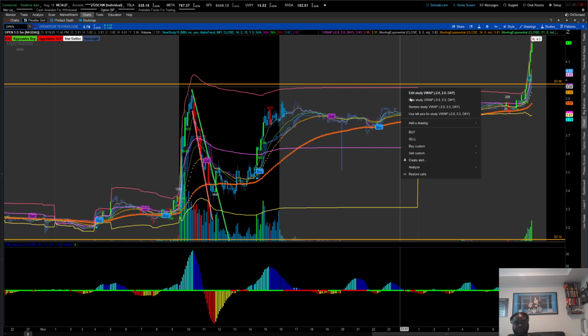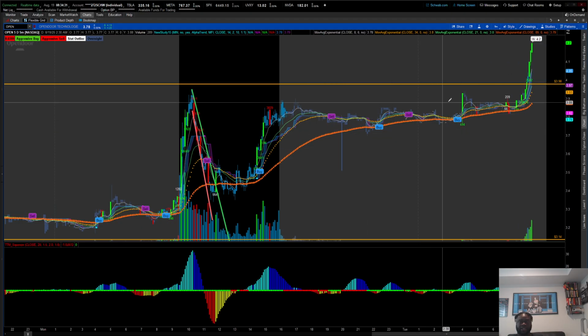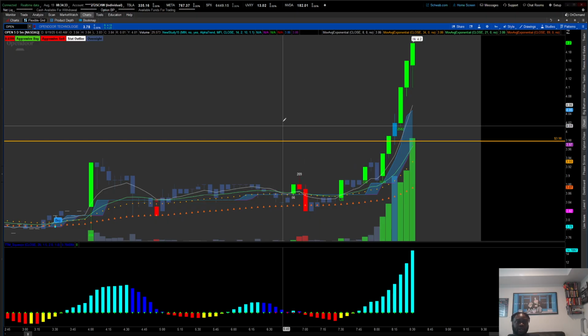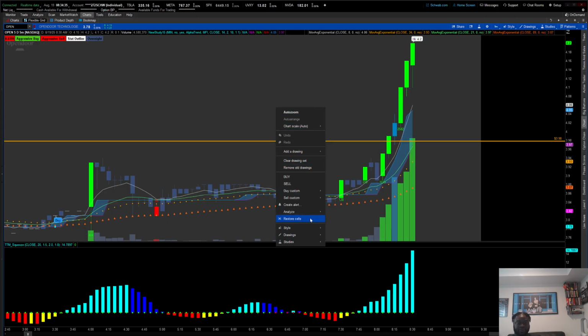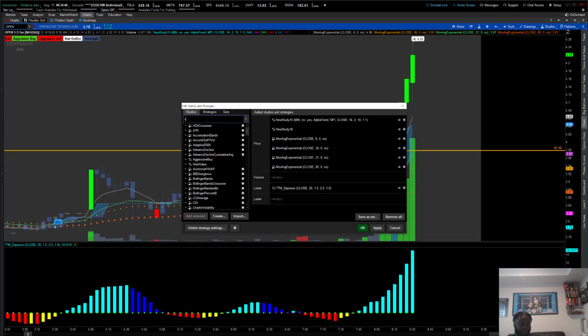This must be the VWAP, so I'm going to remove this because this VWAP is the wrong VWAP. So I removed that, and now it's a little bit cleaner. We probably need to add the correct VWAP. Studies, edit studies. We'll go to the VWAP. Let me see if I can find the right VWAP. I don't know why that VWAP is populating like that, but